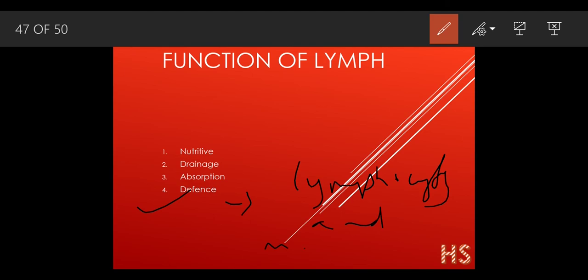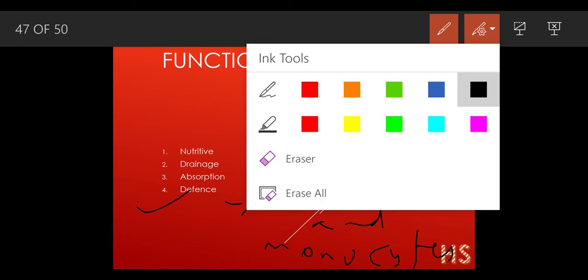What are these lymphocytes and monocytes? They are types of WBCs. Okay, and the function of these lymphocytes and monocytes is for the defense part. If suppose any bacteria enters into our body, at that period of time, these WBCs march toward that bacteria and engulf them. That condition is called phagocytosis, in which the bacteria gets engulfed.